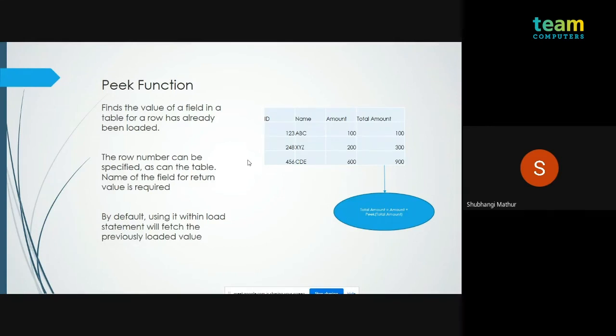You can specify the row number and the table name, but if none of that is mentioned, by default it is going to pick up the previous value of the record. So if nothing is mentioned, it will automatically pick up the previous value, which is 300, right? And to implement what we did in Excel, in Qlik we need to use this function. Okay, so